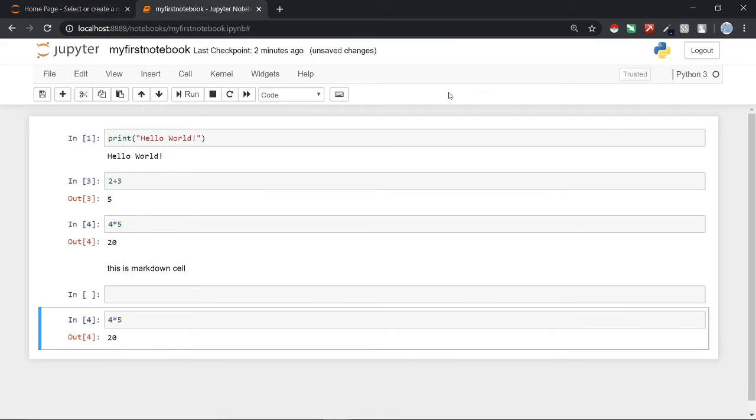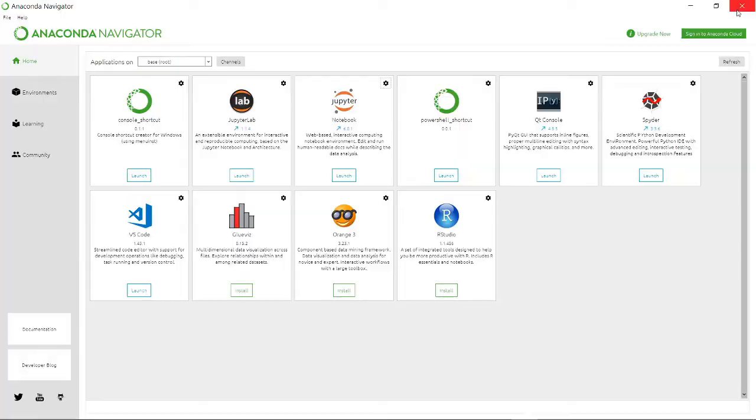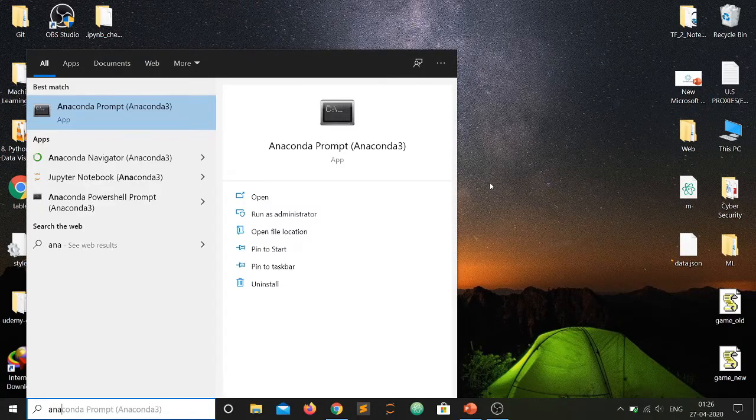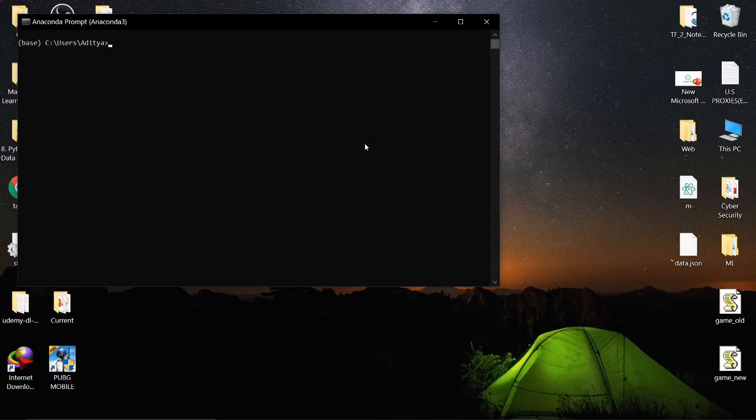Now there is also a second method to open the Jupyter notebook, as I said previously. So let's check the second method. Just close it down, close the Navigator also, and we are back on our desktop. From here just search for Anaconda Prompt. As you can see, this is the Anaconda Prompt. It is also installed with the Anaconda distribution. Hit enter to enter into it. As you can see, it shows where Anaconda is installed. From there just write jupyter space notebook, and as soon as I hit enter, just watch the screen, guys.